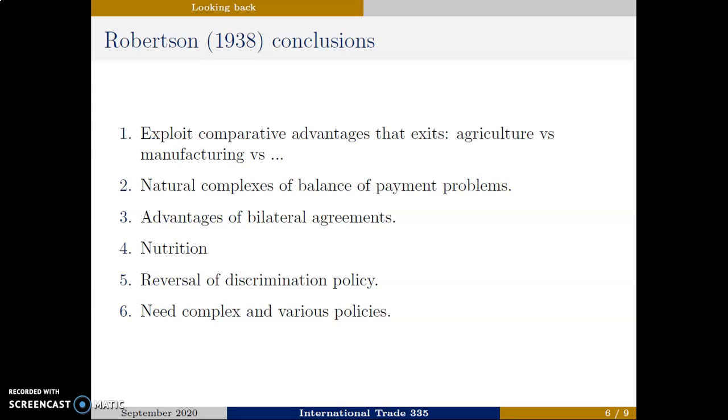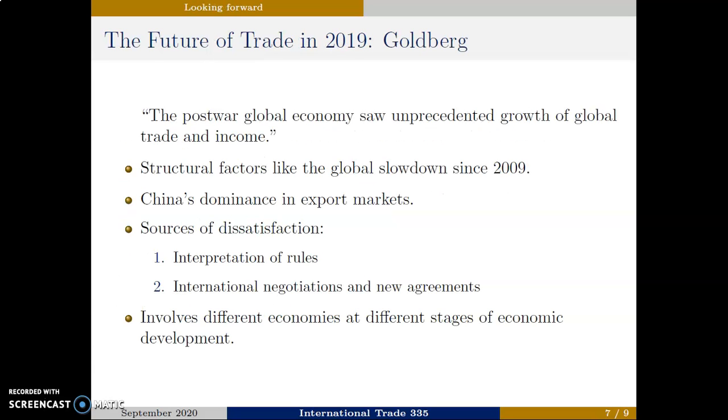In his final point, he notes that there is a need for complex and various policies at various stages of economic cycles to enhance trade. This remains true today, and as you will see later, it includes more than the policies mentioned here. I tried to find an article for this year, but for obvious reasons, no appropriate article exists. That is because of the global pandemic and the collapse in trade. Keep your eyes open in the future for research on the COVID pandemic's effect on global trade.